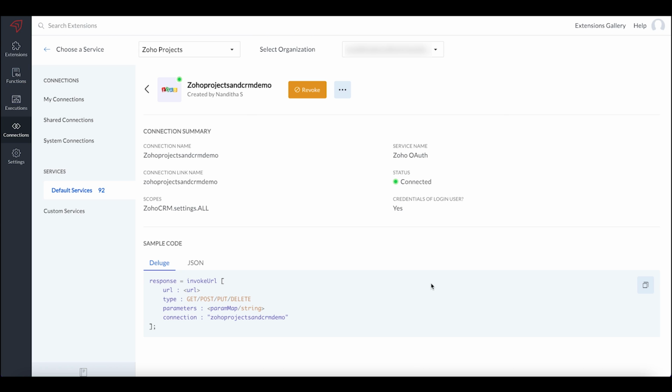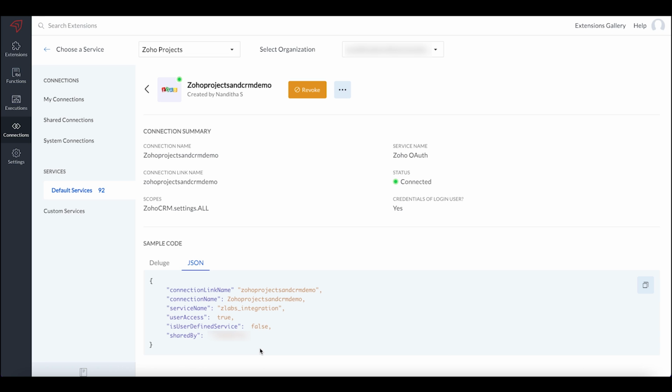Once your connection is created with the required scopes, a sample code will be automatically populated. So you have a JSON tab under this sample code, right? This JSON code which is available over here is what we will be using in our plugin manifest.json file while building the extension for Zoho Projects, in order to use this connection as part of our extension. So now we've just seen how we can create a connection between Zoho Projects and another application. The next thing is that we will see how we can include this code as part of our extension while we are discussing our use case demo.